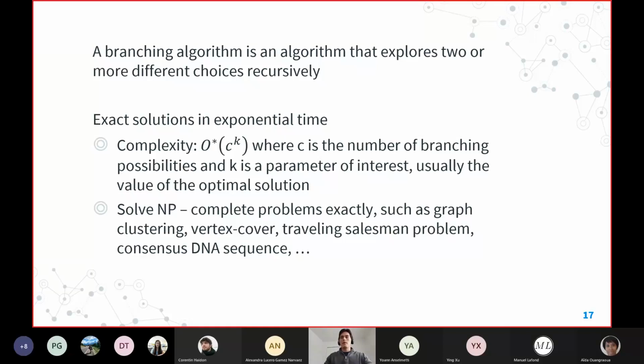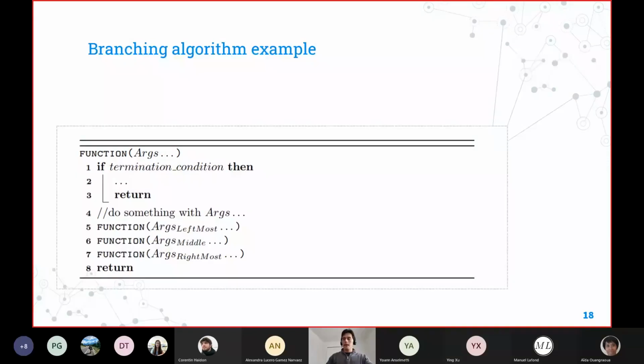These algorithms are also aimed at solving NP-complete problems exactly. As in the previous example, other commonly known problems are the minimum vertex cover problem, the traveling salesman problem, or consensus DNA sequence. Just to visualize a branching pseudo algorithm, it would be like this.